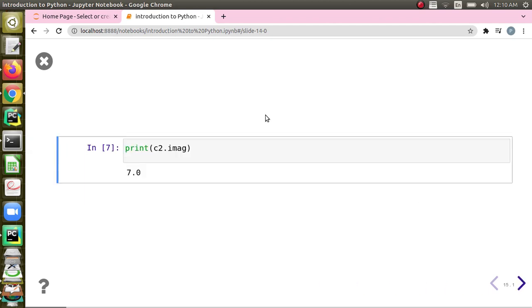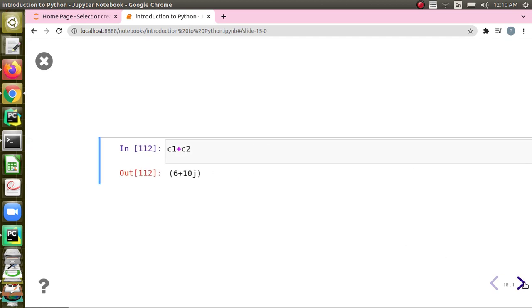So now I can write print(c2.imag). This is equivalent to just writing c2.imag. If you are printing one variable in a cell, then if you give the name alone, it will print. But if you want to print more than one value, then you have to explicitly give the print statement. Otherwise this is fine.